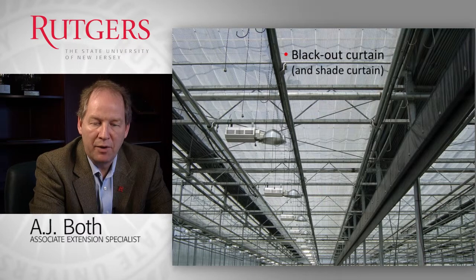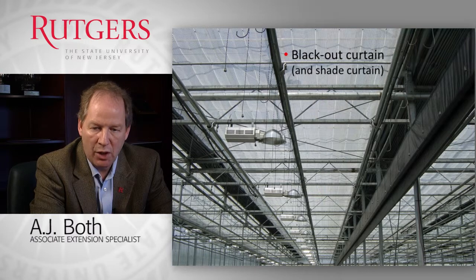We also have multiple curtains in some greenhouses. Here you see an example of a greenhouse where the energy curtain or the shade curtain has already been closed. But if you look carefully, there's also still a bunched up blackout curtain. So in this case, the grower has the opportunity to manipulate the day length by closing the blackout curtain,